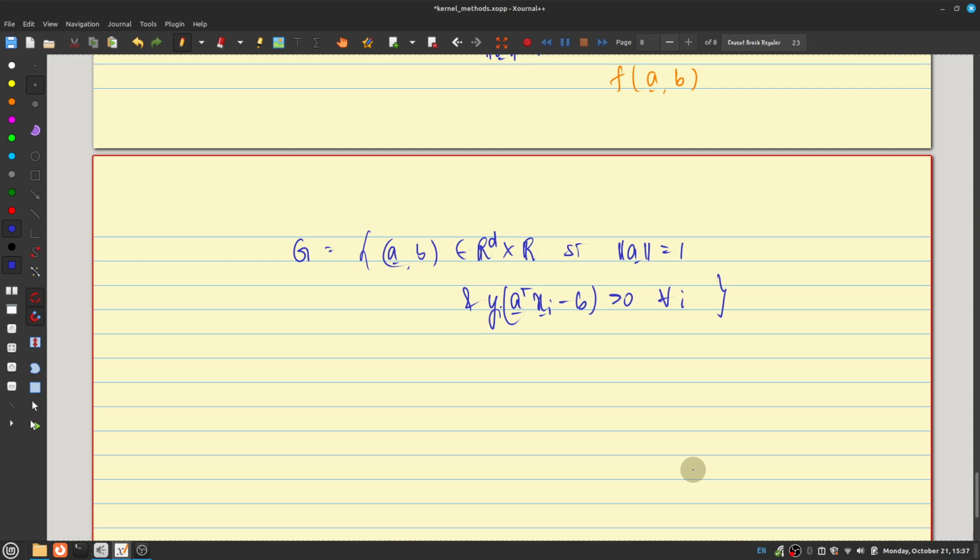This is the set of all ERMs. These are all those classifiers which correctly classify your given training set. Now for any (a, b) in G, which is for any ERM,